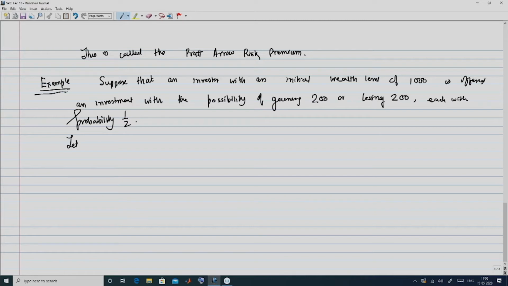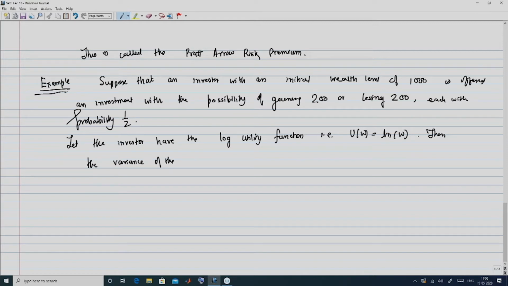Okay, now, if I want to discuss the Pratt-Arrow risk premium, I have to talk about the utility of the investor. So, we suppose that the investor has the log utility function, that is u of w is natural log of w. Then the variance of the payoff, what is the payoff, that is z tilde, is given by